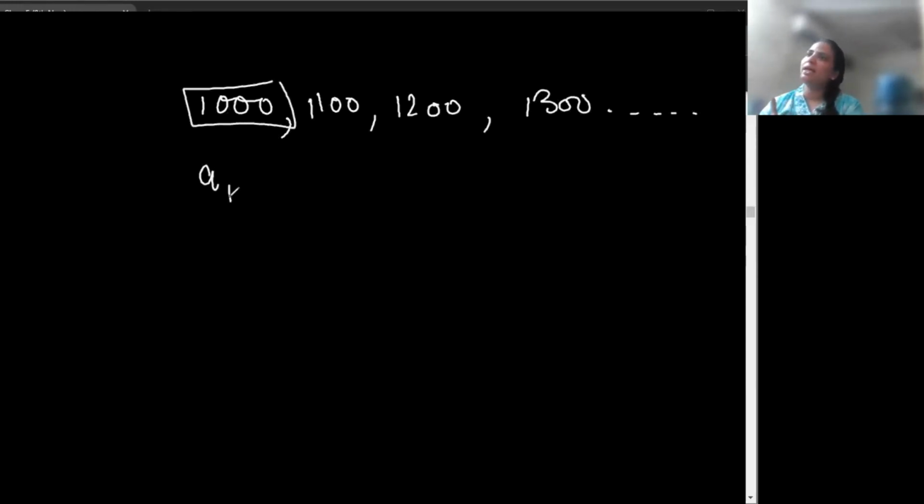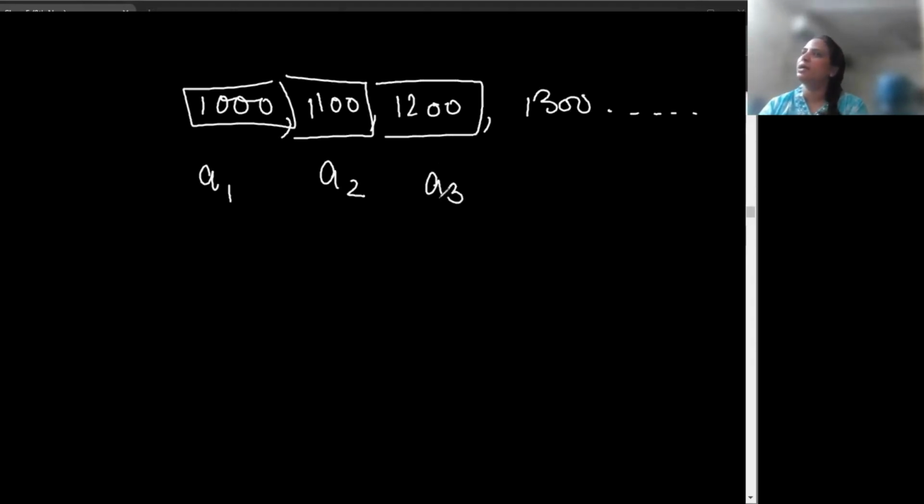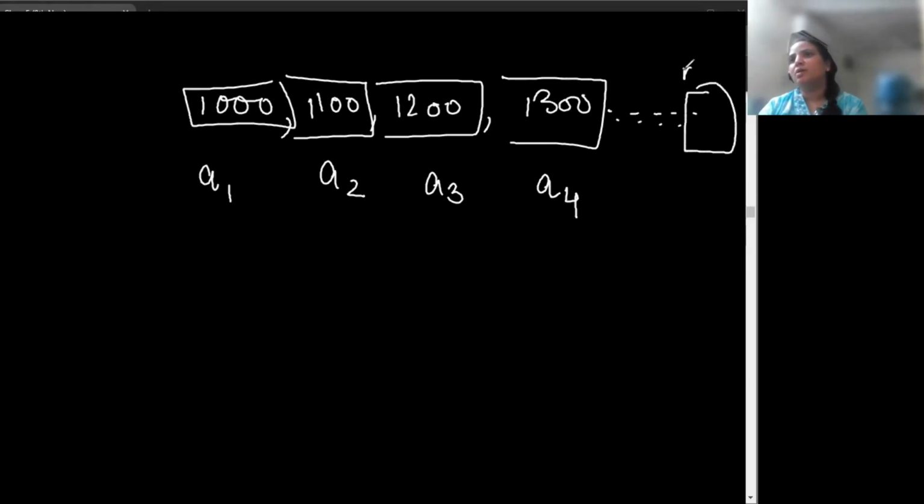A भी कह सकते हैं, A1 भी कह सकते हैं, right? Second term को you will call as A2. थर्ड पोजीशन पे जो टर्म है उसे आप A3 कहेंगे। फोर्थ पोजीशन पे जो टर्म है उसे आप A4 कहेंगे। ऐसे ही करते करते nth पोजीशन पे जो टर्म होगी आप उसे An कहेंगे।